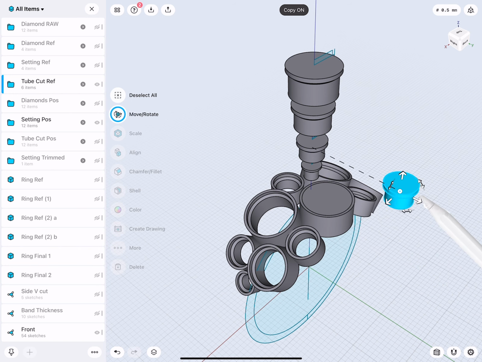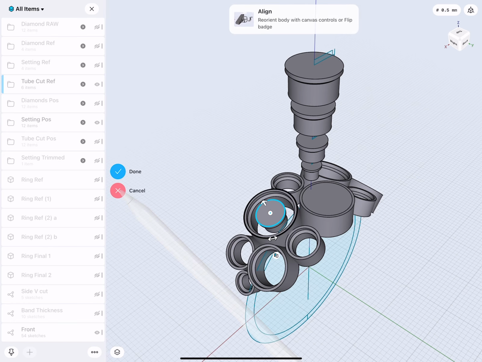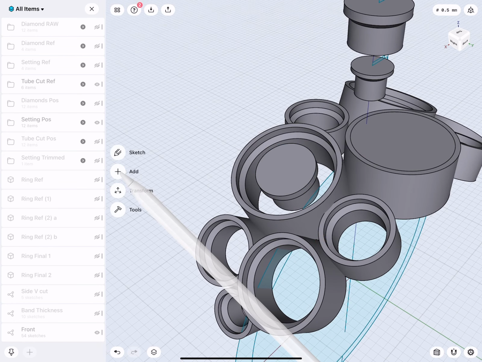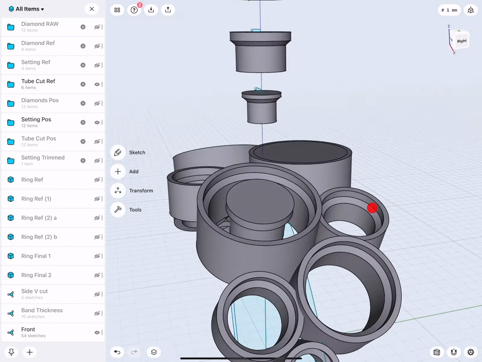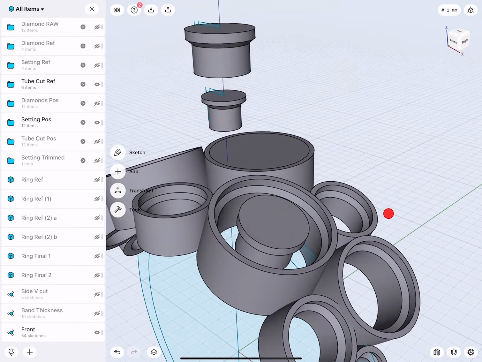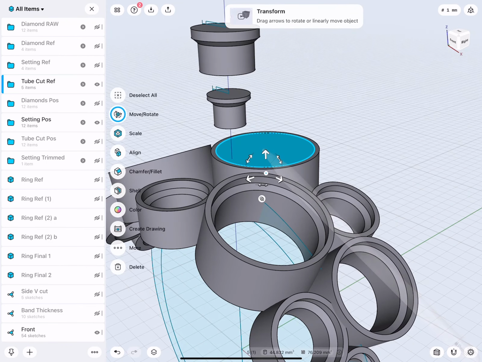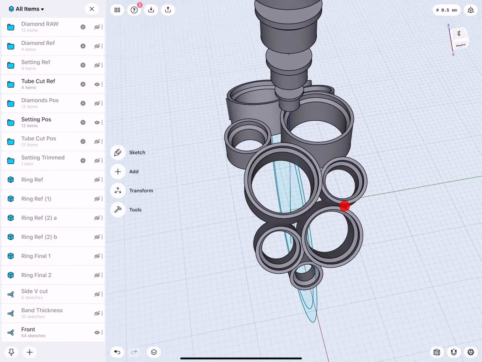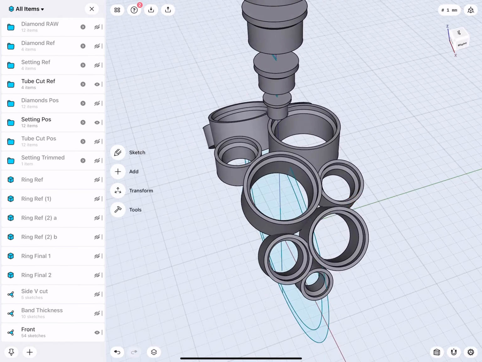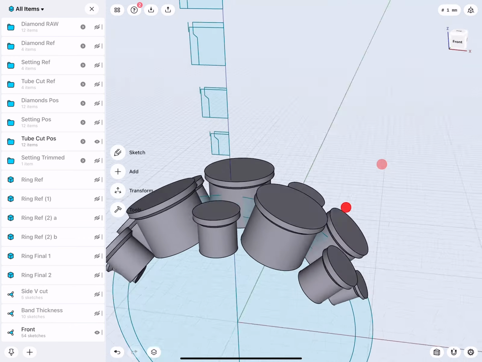Make a copy, ring, ring, and align. I on purpose selected a smaller tube just so you see how perfectly it actually aligns it, not only at the center, but also the rotation. And also there in this case, because this is a symmetrical ring, all I needed to do 1, 2, 3, 4, 5, and then I mirrored it over. And I had then all those here. Very good.